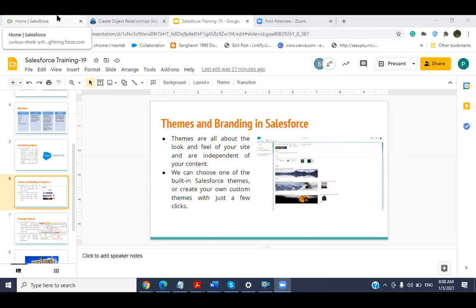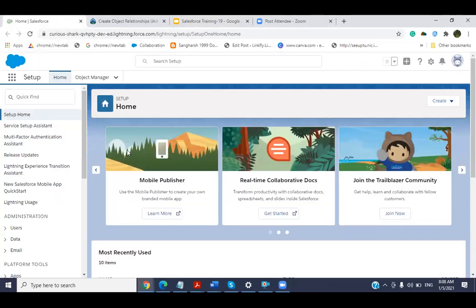Simply put, themes are all about the looks. Here we can see the blue background, and here you can see the logo. We can customize all these things. We can change the logo, the background color, and this icon color.